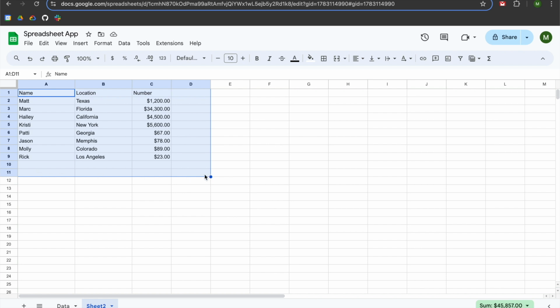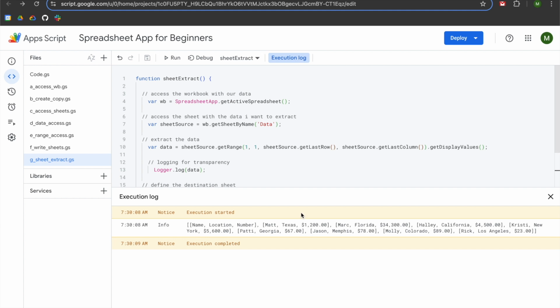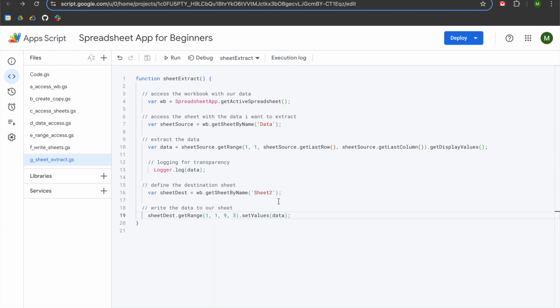So if you are completely updating a sheet, meaning you don't want to append to it or something like that, it would be wise to write in something like this. So we're going to go to line 16. We're going to hit enter twice, left arrow on our keyboard twice, 2 slashes for a comment, and now we will clear the destination sheet